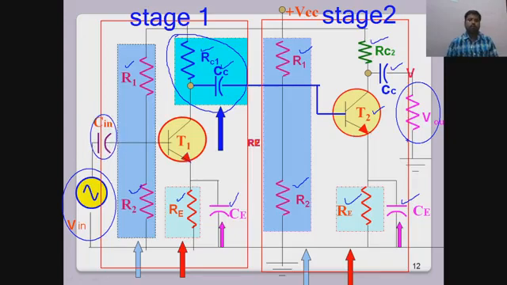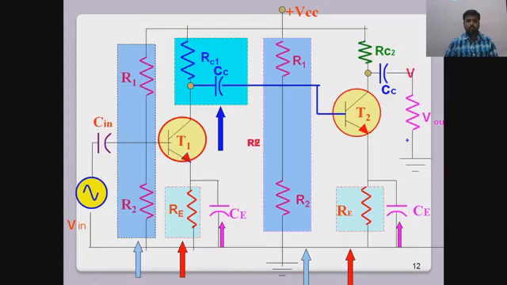This is the usage of each component in both stage 1 and stage 2. So now see the two stage RC coupled amplifier, the combined version. Till now we have discussed the two separate stages. Then what happens if the two stages are coupled together?